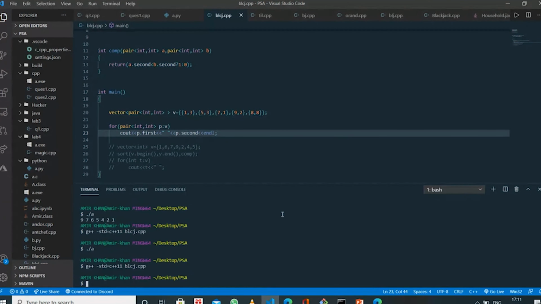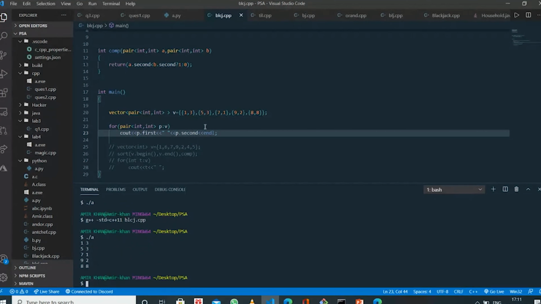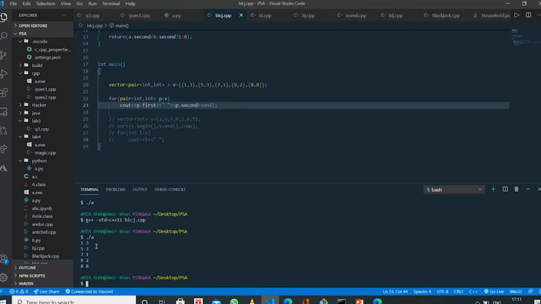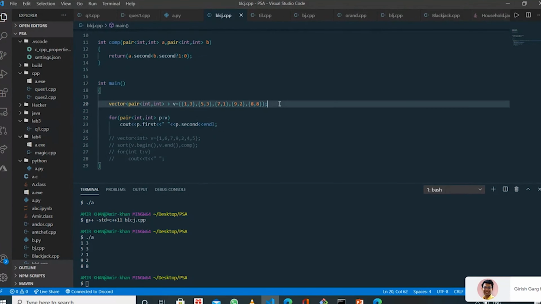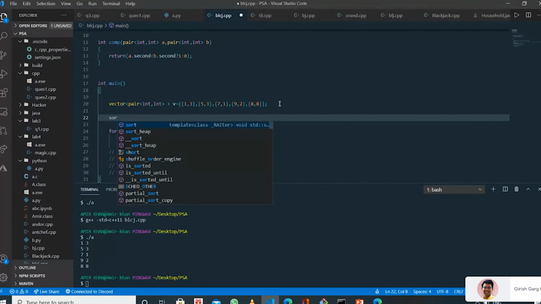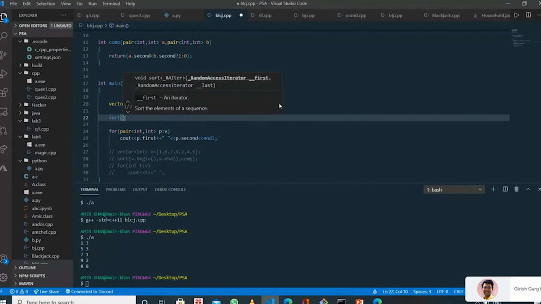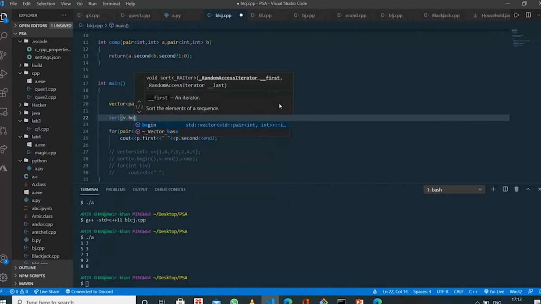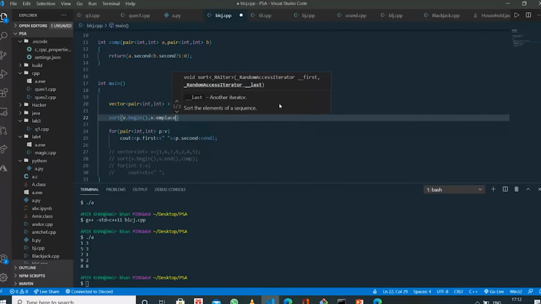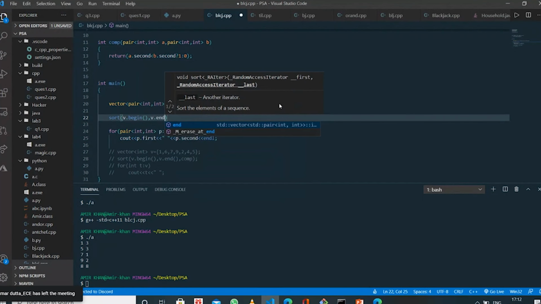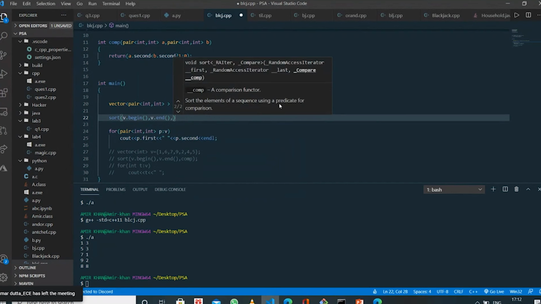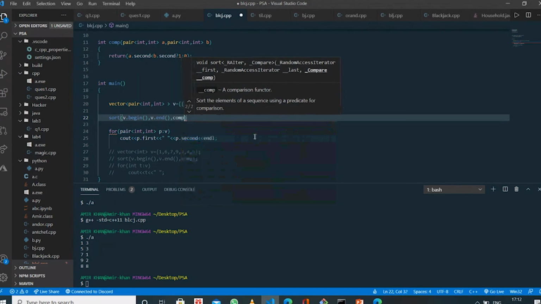Oh, sorry. I'm not sorting my data. I'll have to sort it. I'll pass the starting iterator, the end iterator, and then the comparator function.